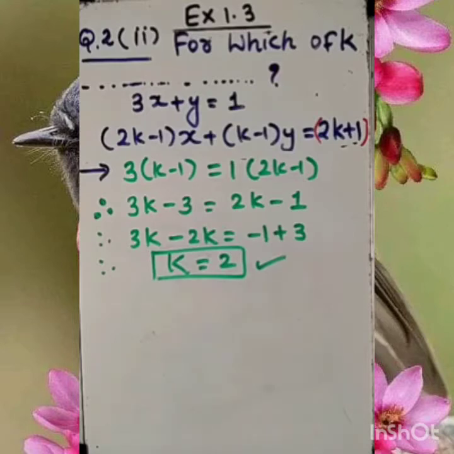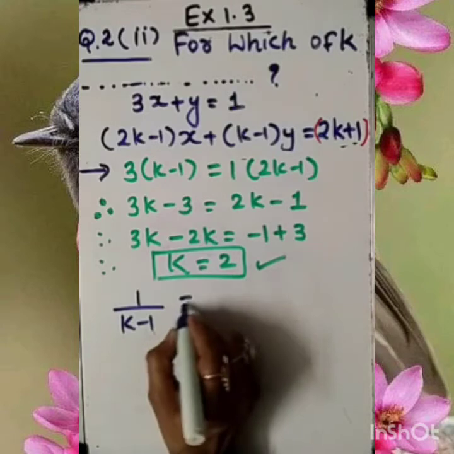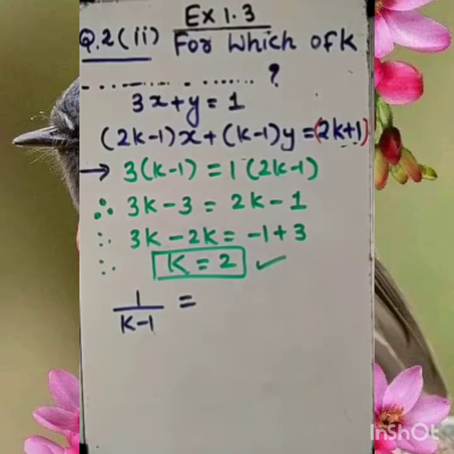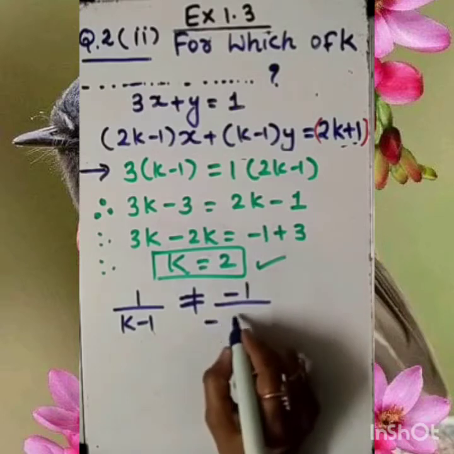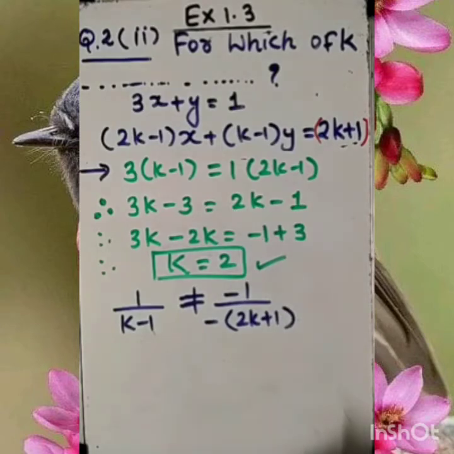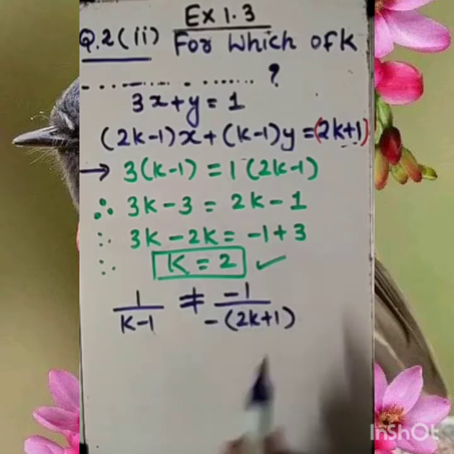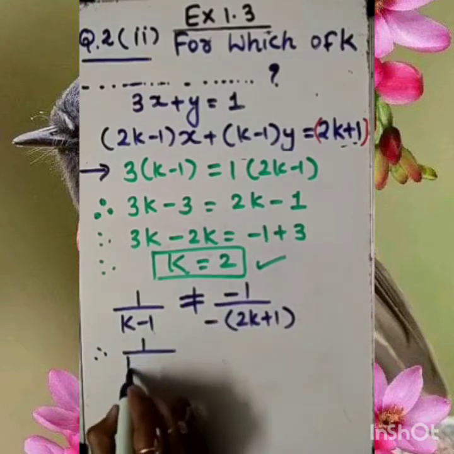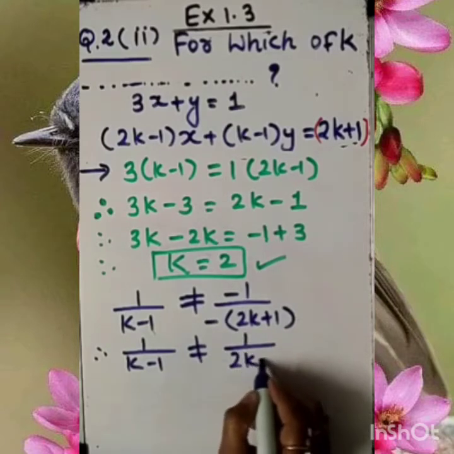Fine. Now we are in the second part. This is the value of k we are getting, but one more part which we have to check. It was that c1 by c2 is not equal, okay, not equal to minus 1 upon minus (2k plus 1). In such a case, not equal to, let it be, and minus minus cancel. So next step it will be not equal to 1 upon 2k plus 1.